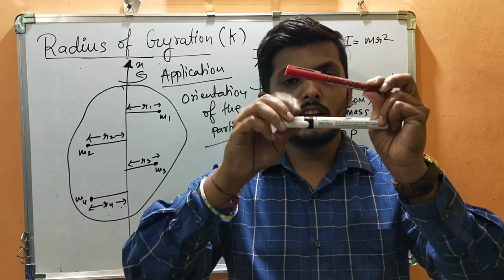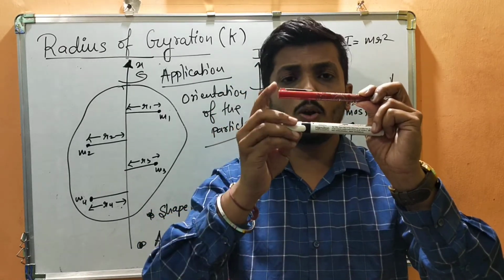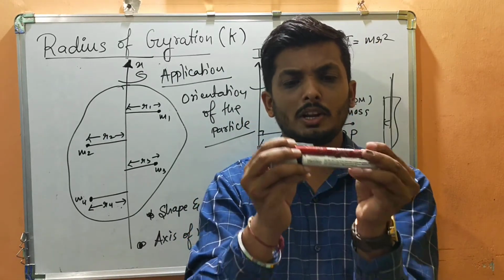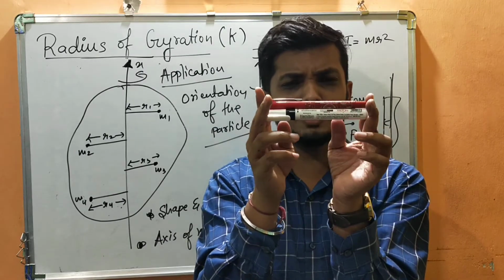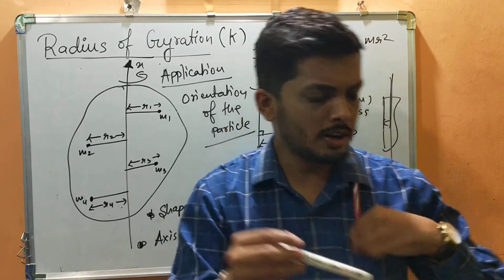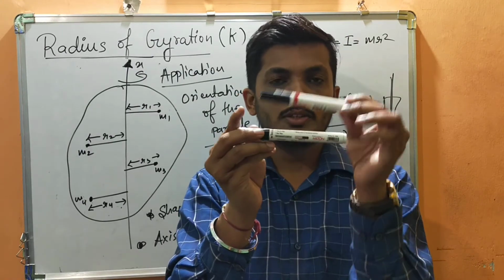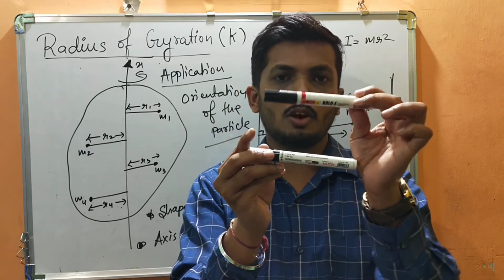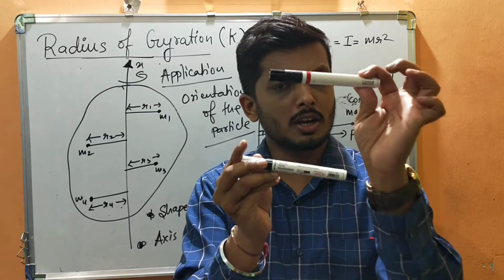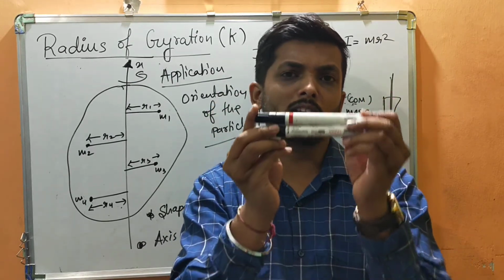I will tell you the radius of gyration of both the pen and marker is almost the same, because the distance is the same. Radius of gyration just depends upon the distance, the perpendicular distance. If you look, they are almost of the same size. I know the pen is a little bit smaller, but imagine, or I'll take a marker only, this marker. Both are of the same size. Just for your convenience, imagine this marker is made up of iron or a very heavy material. Moment of inertia of this marker is more, moment of inertia of this marker is less, but radius of gyration of both markers is the same.